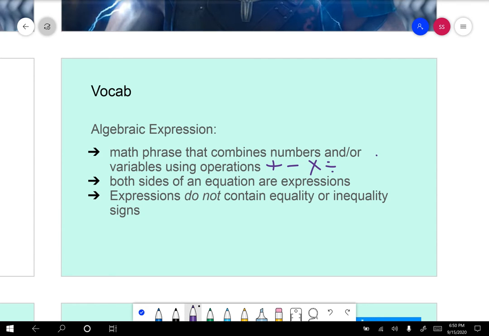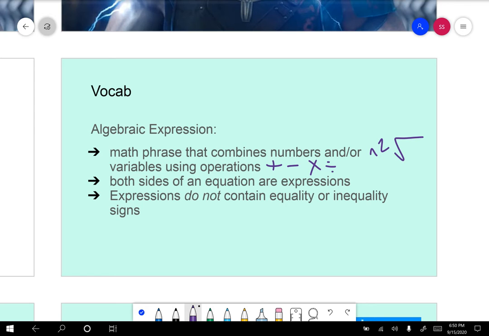You could raise it to some power, any of that kind of stuff, or square root. So any operation. Both sides of an equation are expressions, but expressions themselves do not contain equality or inequality